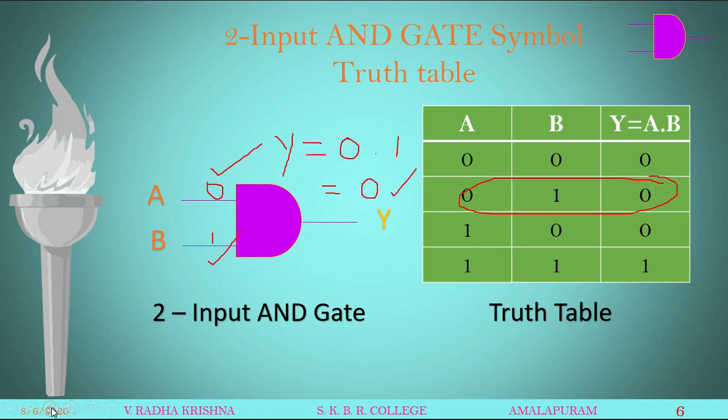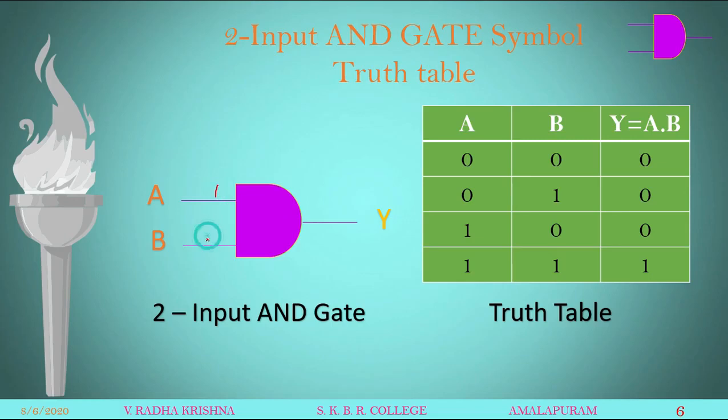Now, we will take the third entry. Here, the first input A is 1 and the second input B is 0. Now the output is Y equal to the product of the inputs, that is first input 1 and second input 0, and their product is equal to 0. Hence, Y = 0 for A = 1 and B = 0. Hence, the third entry is verified.